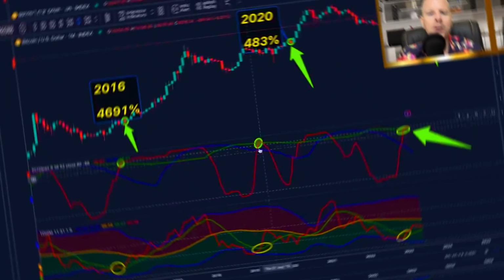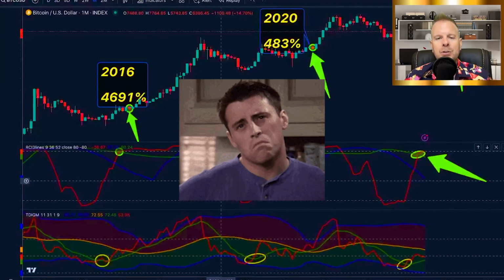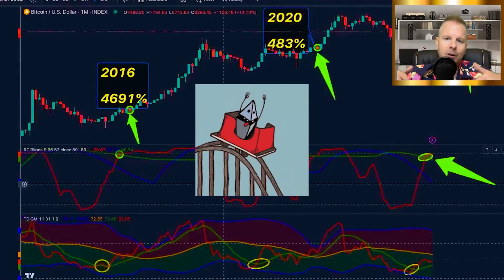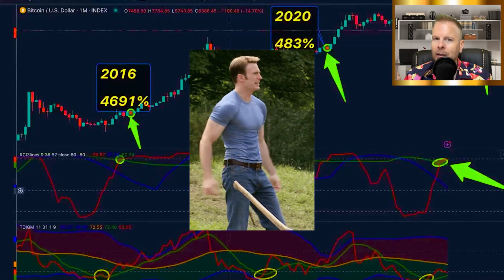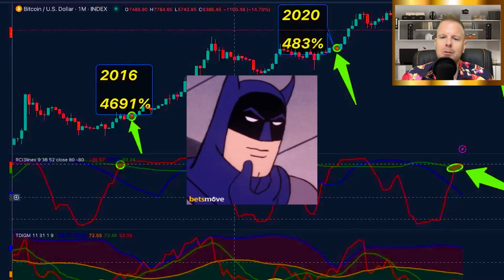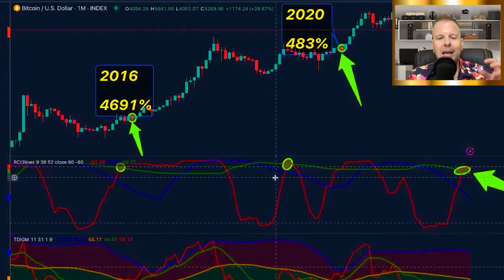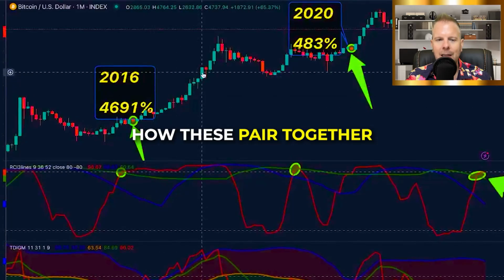Now, once we combine these three things, we can understand how to invest right before a parabolic top. We understand what is overbought versus oversold, and then we have to understand the volatility of the market, how volatile the market is, and then the strength of the market. Is the strength of the market relative to the volatility? Are they in line or are they going opposite directions? And we have to understand how these pair together so that we can use a strategy to enter the market